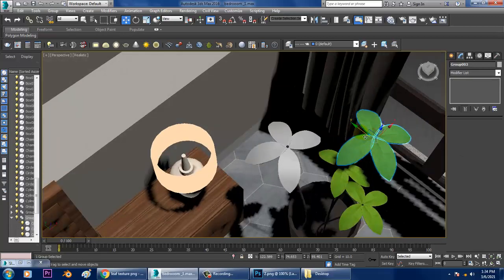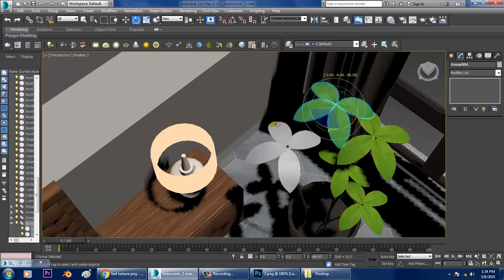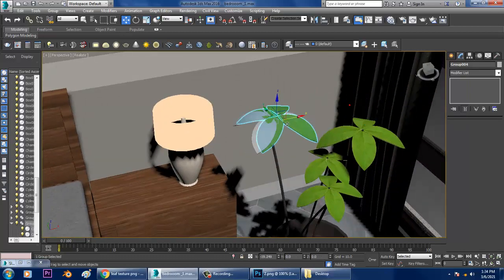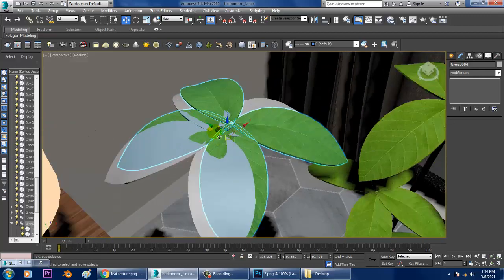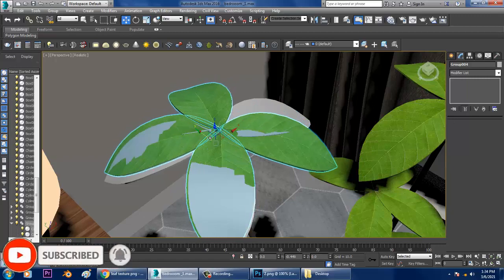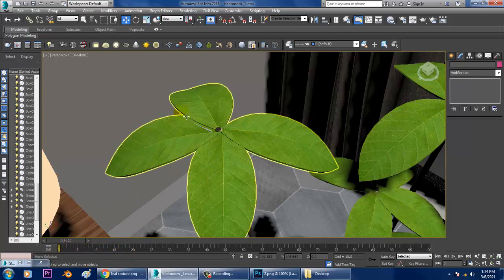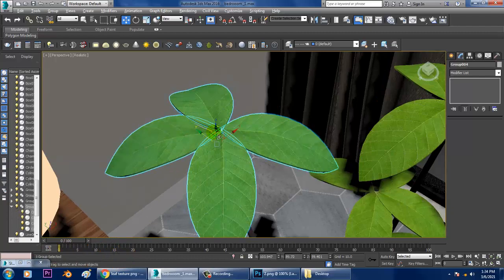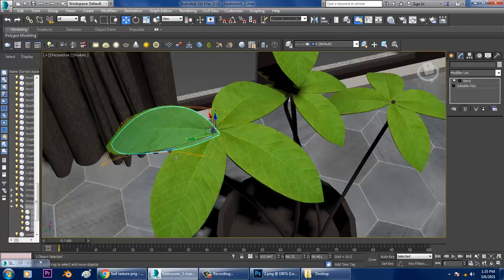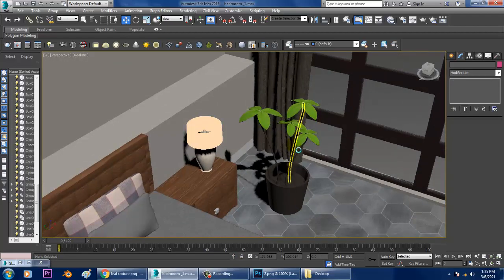Just again duplicate that. That's it. So save your file.